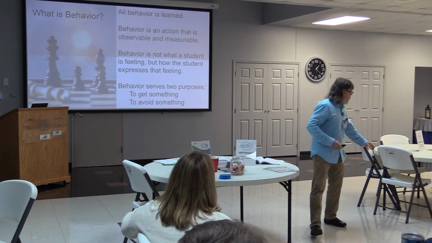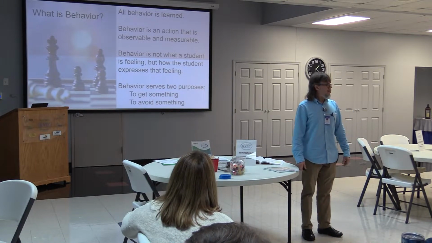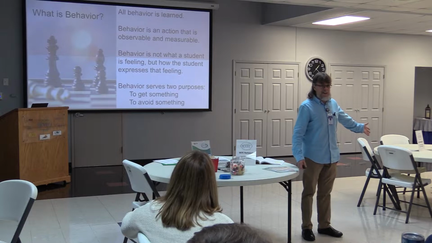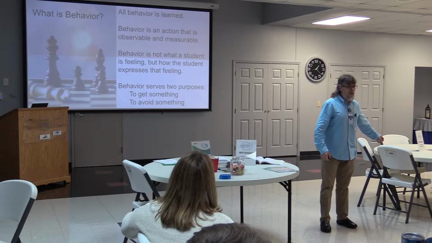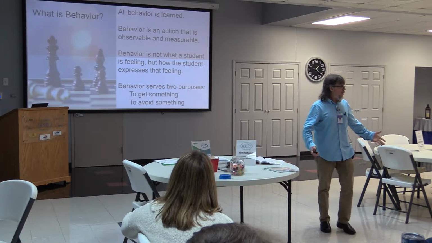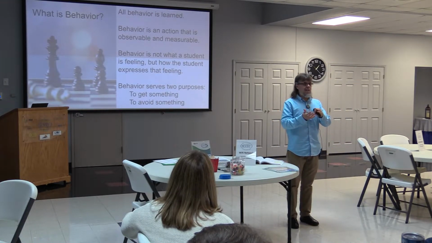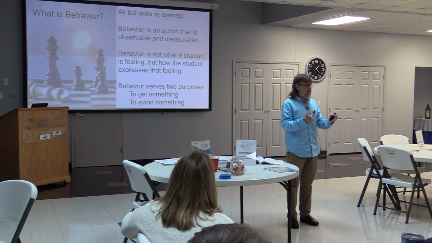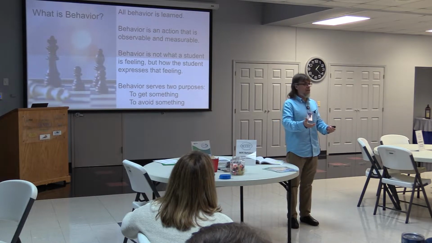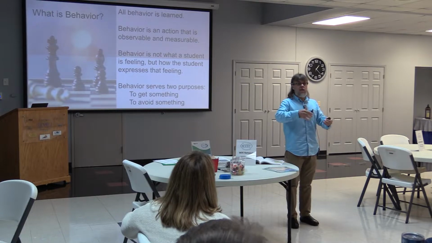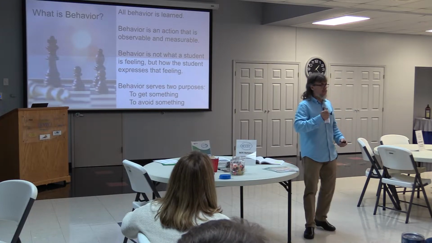Now, if I come in here and I grab this chair and I sling it against that wall, what behavior did I exhibit? I threw a chair. We can all say that was throwing a chair, right? You couldn't say I was angry, because I may have been excited and saw a bug or something and threw it. But still, you can say the observable things, the things that we can see, we can all agree upon. The measurable things, I can count how many times I threw that chair, or how many times I kicked the table, or how many times I called you a bad name. And then we can all agree on what that behavior was. So our behaviors are observable, measurable, and objective.